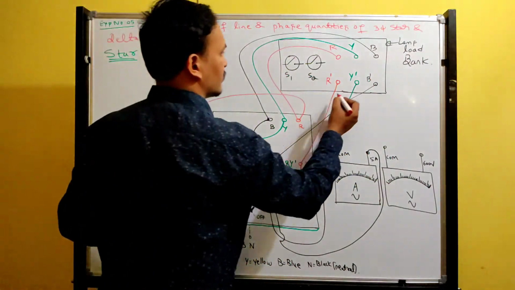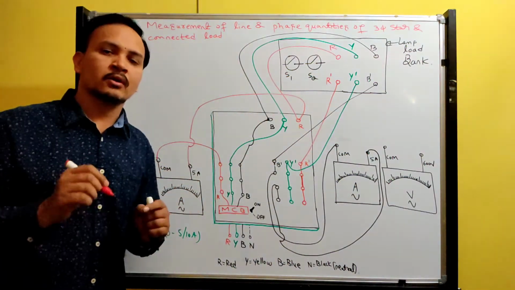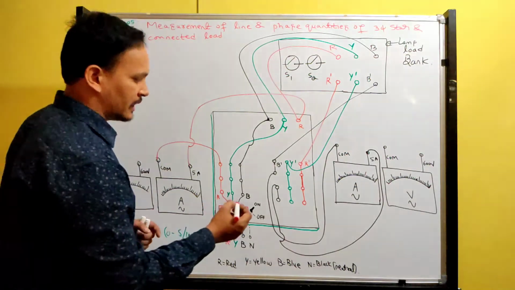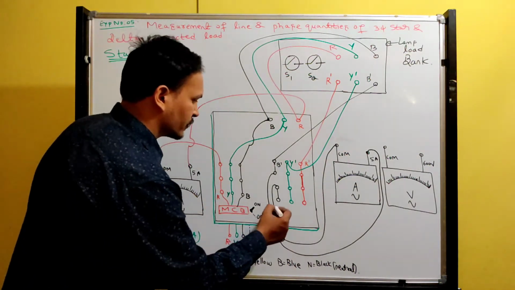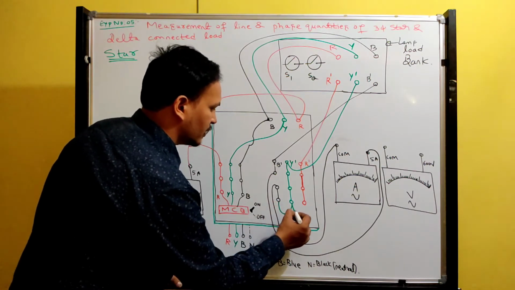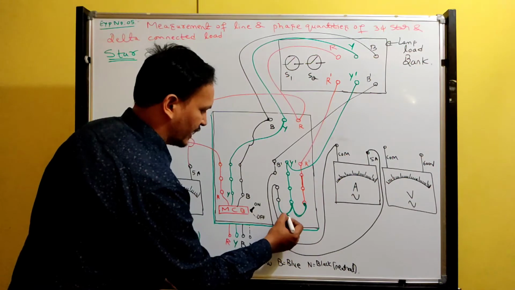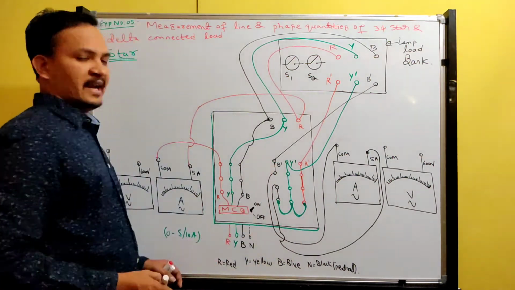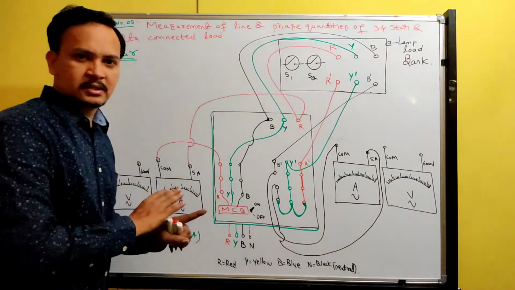What do you mean by star connection? All the finishing end of each phase windings are connected to one common point. So that common point you can do it with a wire. So join all this. See now R dash is connected to Y dash is connected to B dash. Understood? Like this you should do. So ammeter connection is done.